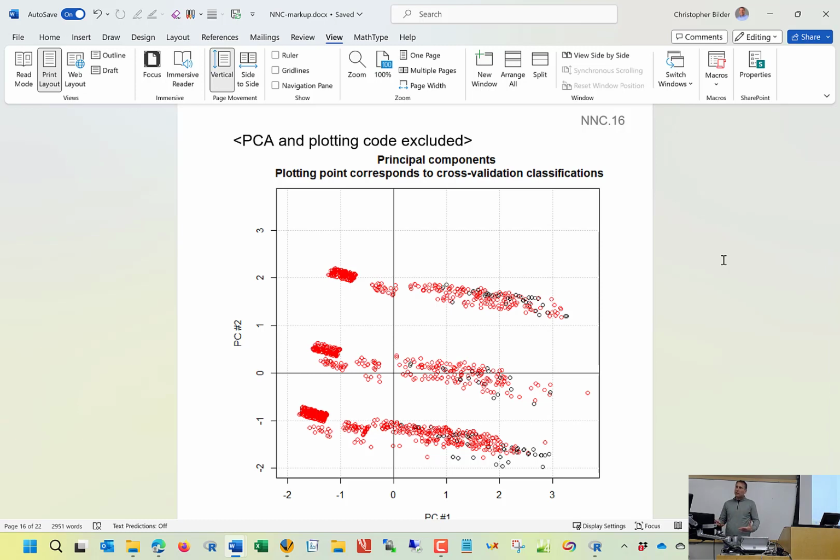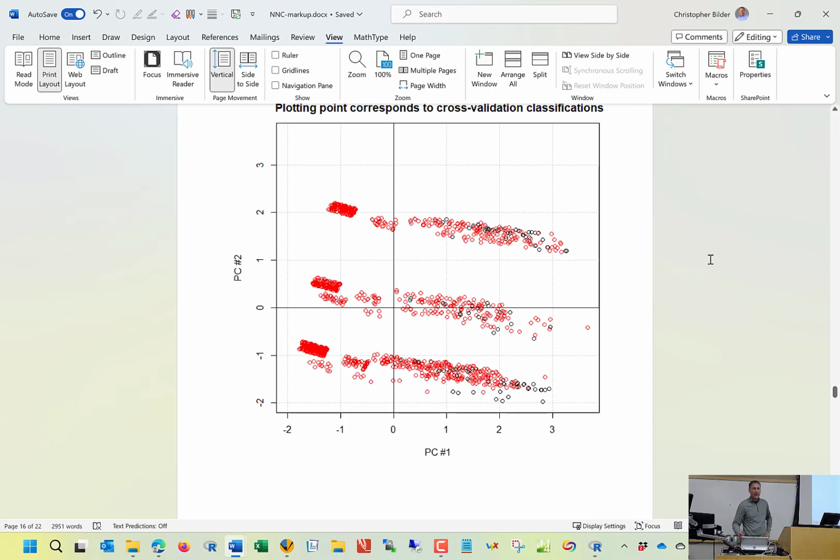And when I plot the corresponding scores, I'm going to have the plotting point corresponding to what was the prediction for the classification. And so this is what we get. The blacks are the failures, the reds are the predicted successes. And what we can see here,